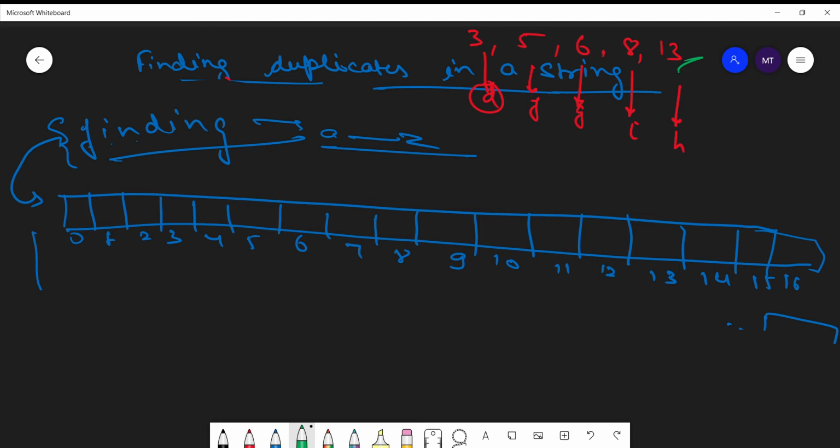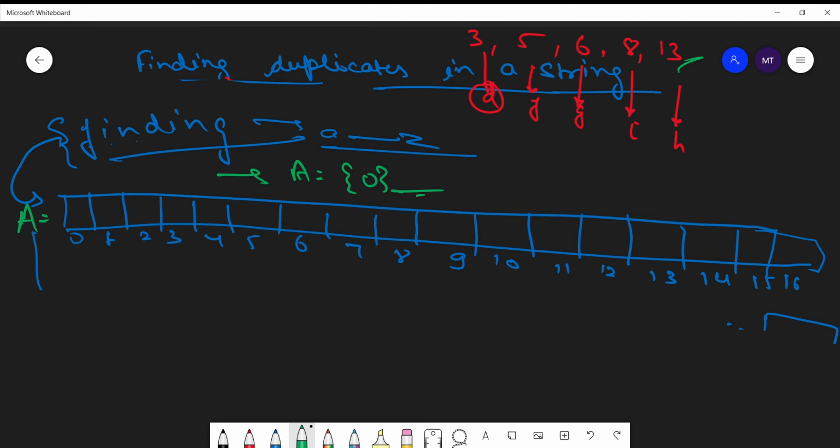Let us assume that we have initialized this hash table array, let's say array A, with 0. I am not writing 0 at every index, it will not look clear. So let's assume all the indexes are filled with 0 by default.